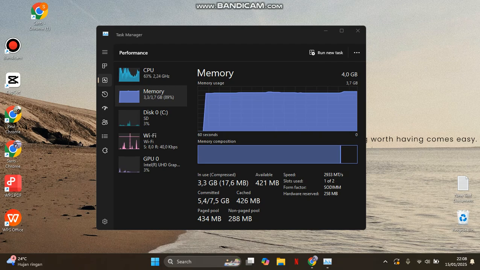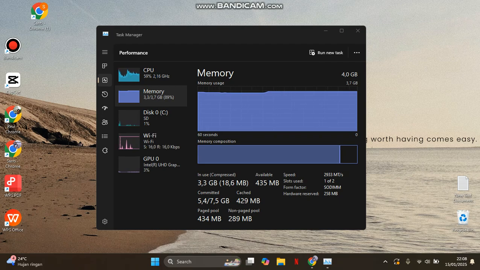On today's tutorial, I'm going to show you how you can select the best RAM size to optimize your Windows PC. Selecting the best RAM size for your Windows PC depends on how you plan to use the system. So this is a detailed guide to help you make the right choice. First, you need to understand your usage needs because the optimal RAM size varies depending on the type of